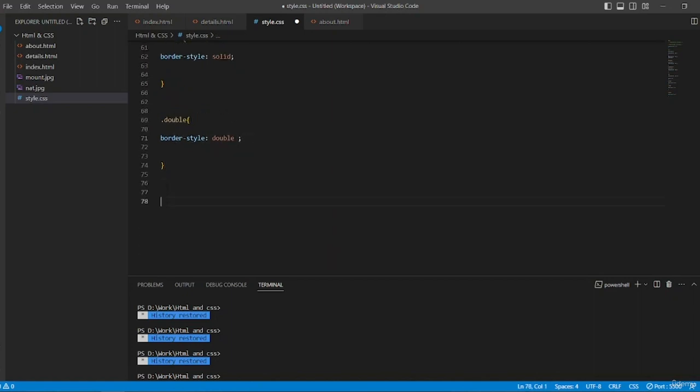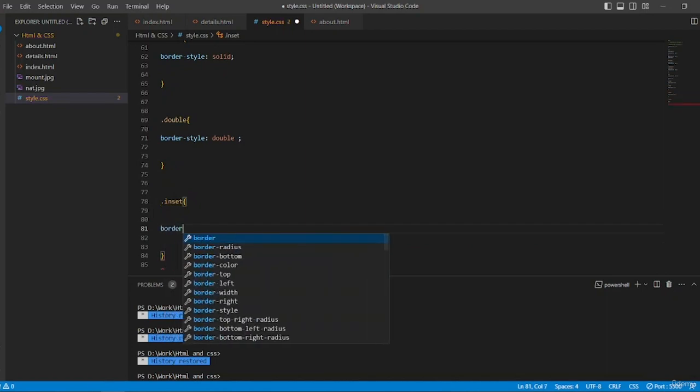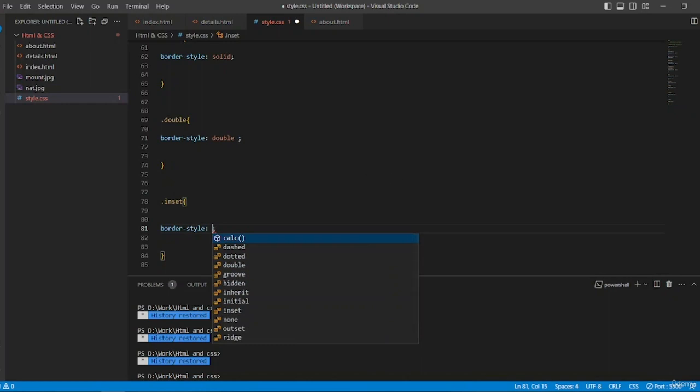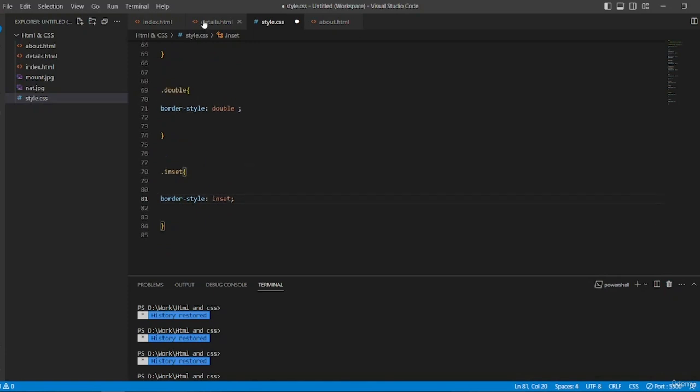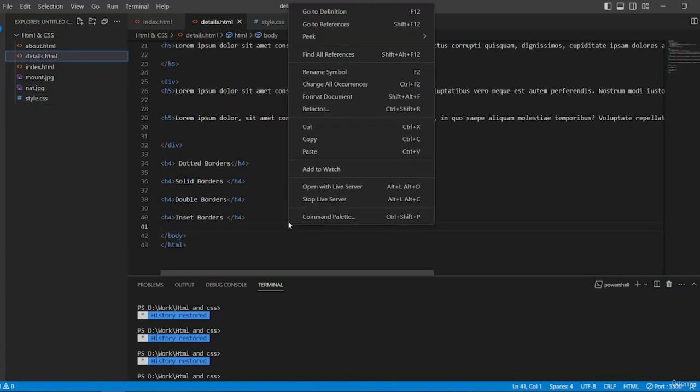and for the last one is the inset border style. Inset, create another curly bracket, and inside type in border style, okay. Now if we run this in the live server,